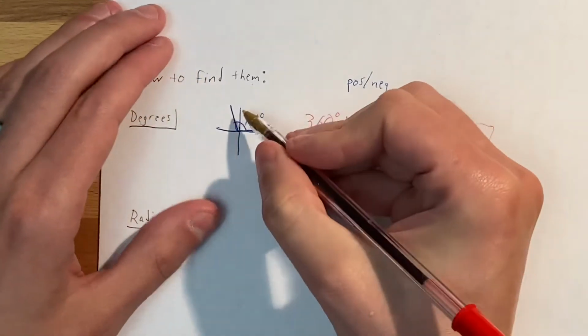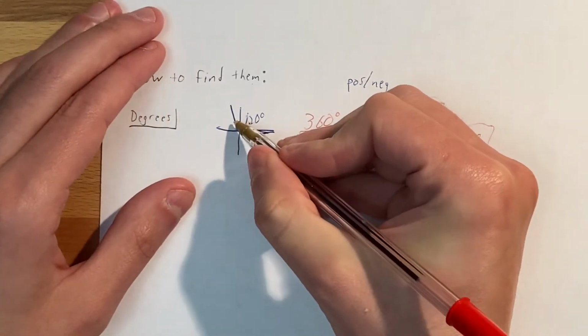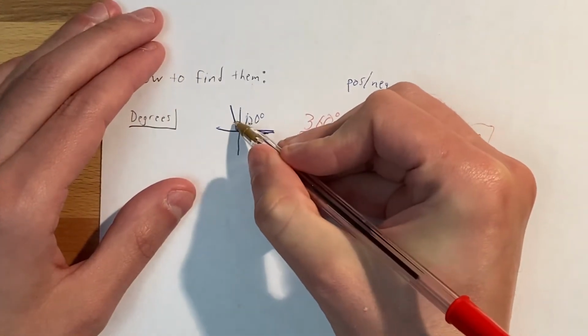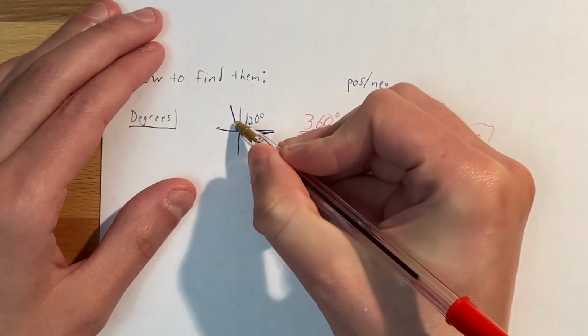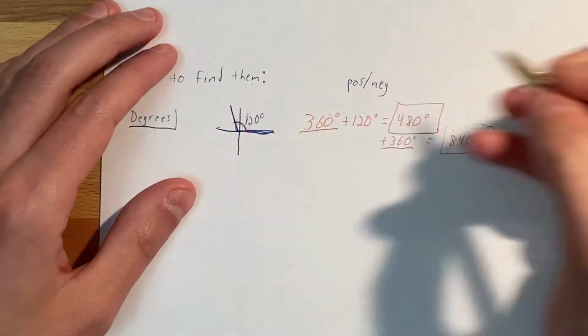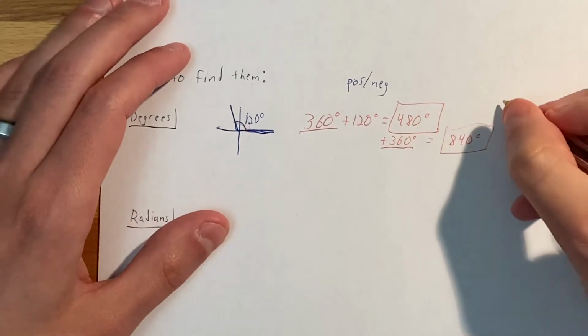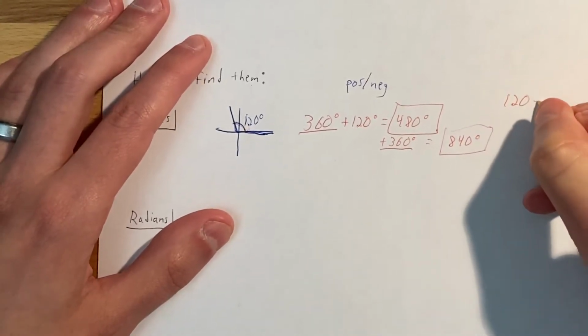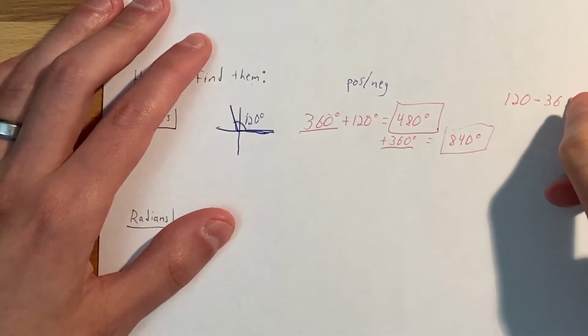It doesn't actually move the angle. If you go a full circle, nothing changed. Full circle, nothing changed. Or backwards full circle, nothing changes. So you can actually keep subtracting 360. If I took 120 and subtracted 360,